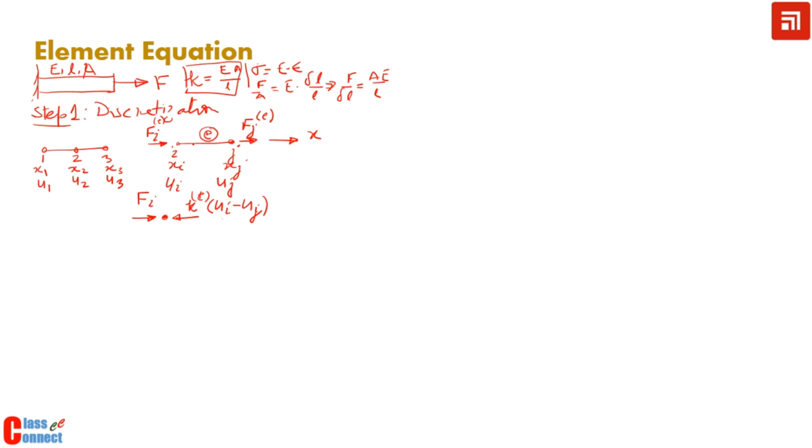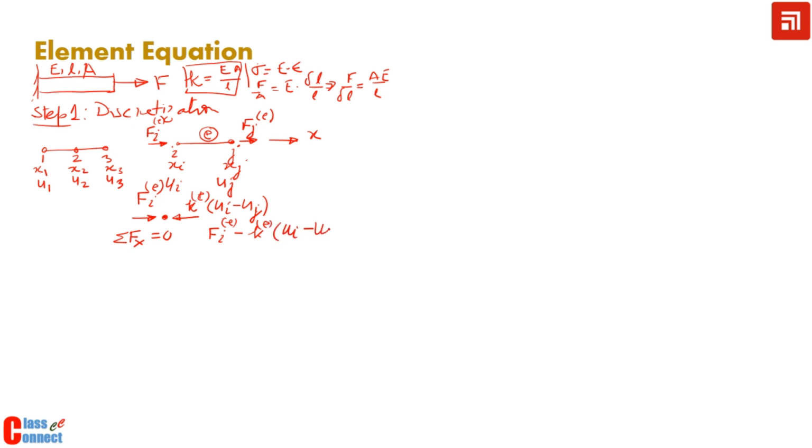So when this is compressed, the force will be in this direction. So if this is the free body diagram of node 1, it should satisfy the equation of equilibrium. So we can write down Fi minus k of the eth element,